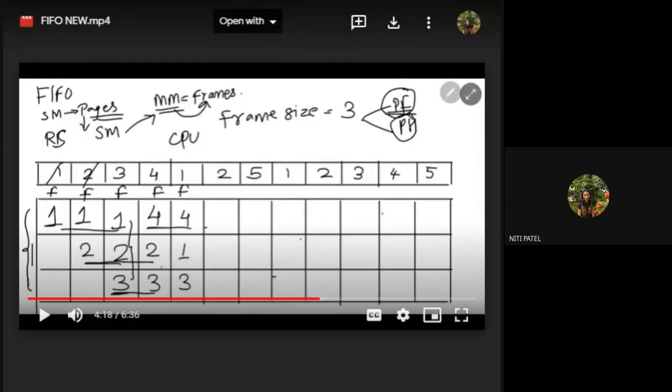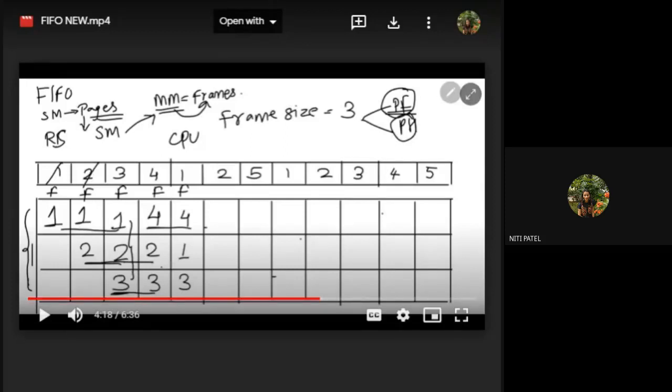Okay. Now what did I do at the time of loading 4? I know that there are 2 concepts that FIFO follows. Either you check which one came first among 1, 2, 3 and remove the one that came first, or you check the occurrence. Occurrence means count: how many times 1 came, how many times 2 came, how many times 3 came. Then the one that came the most times, you replace. So we go with the second concept, count the occurrence and replace that particular page.